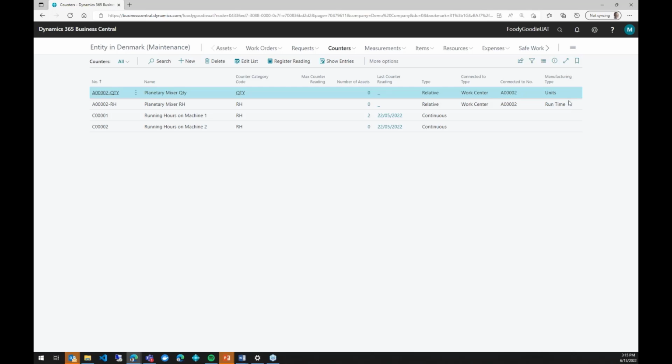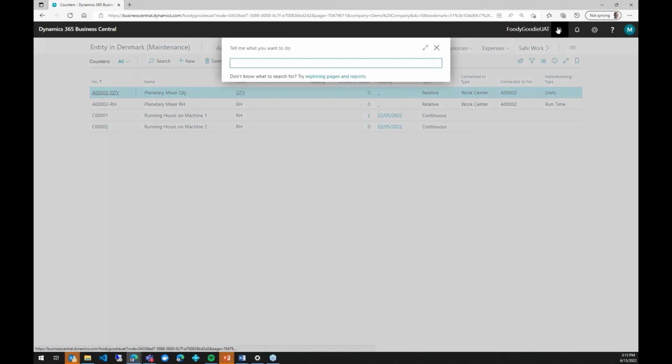So the first one will allow you to do maintenance, for example, every 1,000 pieces which are produced, and the second will give you the option to do maintenance every 100 running hours of the machine. So when you set it up and you have a production order,